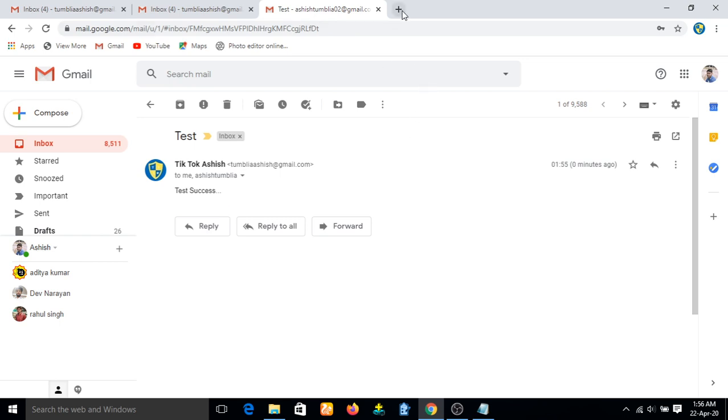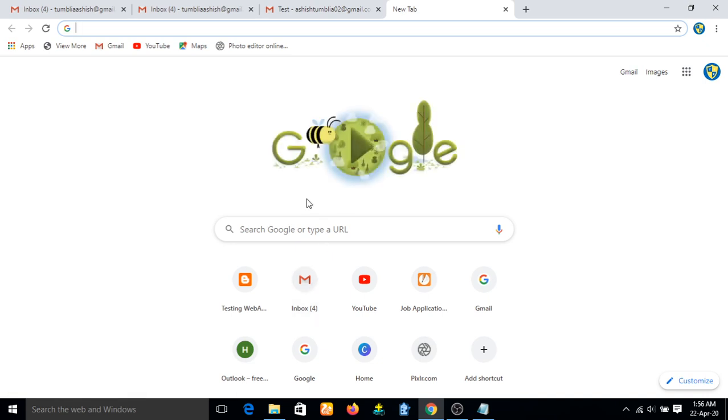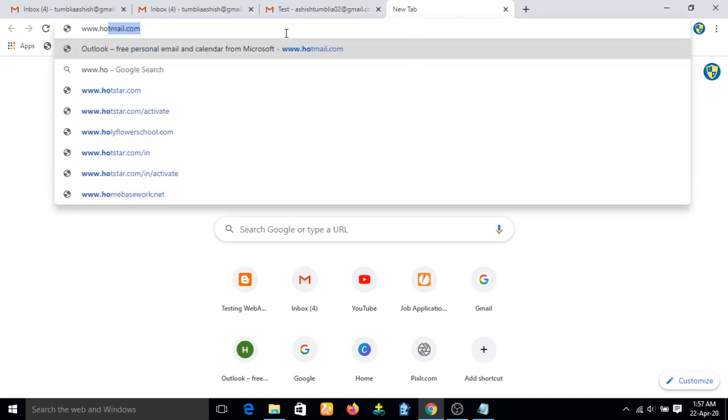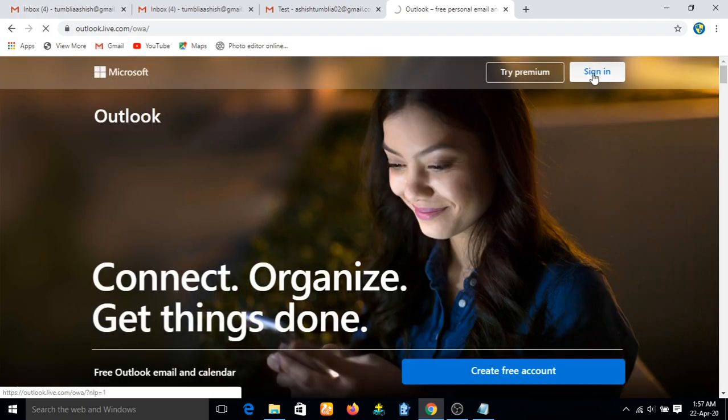Now, based on the scenario, we have also used another email in CC. In CC I have given one more email ID, which was Hotmail. So let me open that one, hotmail.com. Now let me sign in.